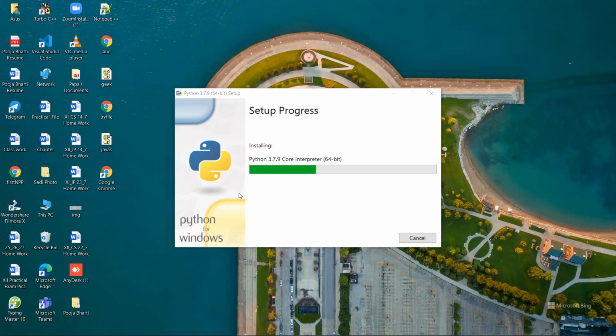Now it has started Python 3.7.9, and its installing process has started, and within a minute it will be successfully installed. So now a few seconds are left to install this.